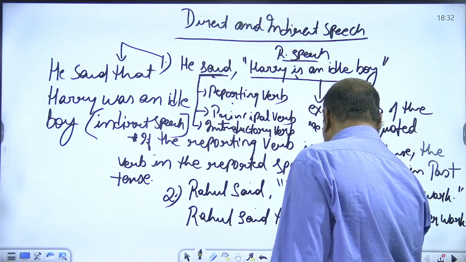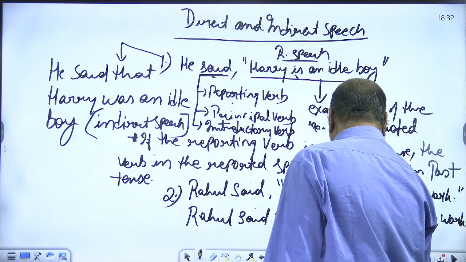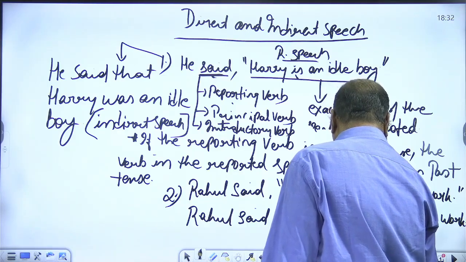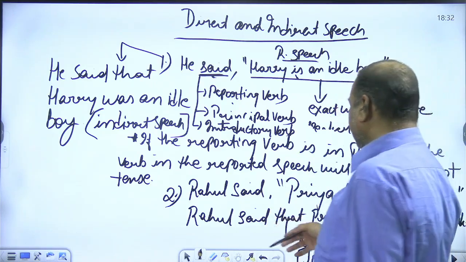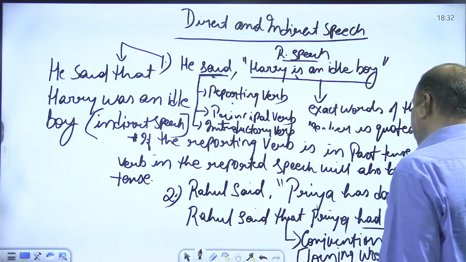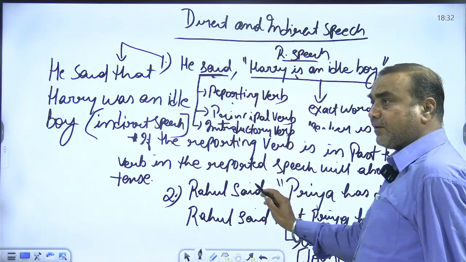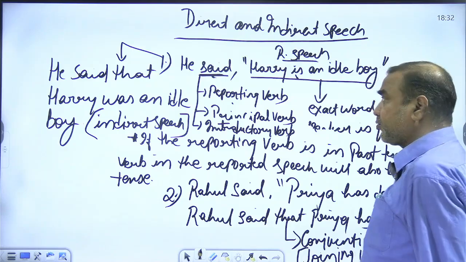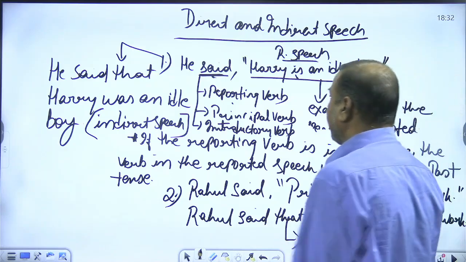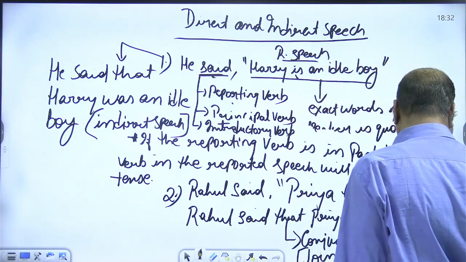You can also call it your joining word. So Rahul said that Priya had done her work. Has को had में change कर दिया because reporting verb is past tense, so verb in the reported speech will also change to past tense. बार बार इसको रिपीट करेंगे तो हमारे माइंड में बैठ जाएगा, ठीक है। अच्छा, नेक्स्ट पेज पे चलते हैं।